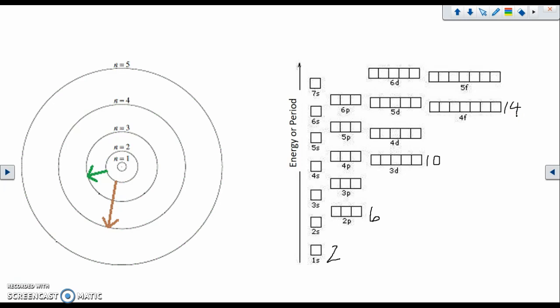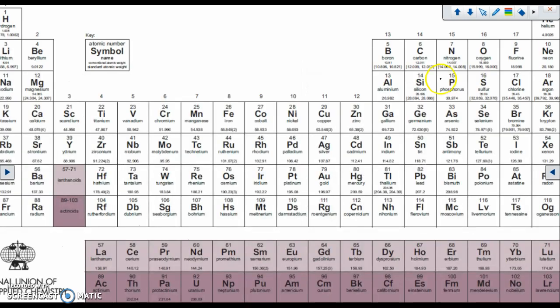Now, if you look at these boxes, this is 1 box, 2 electrons; 3 boxes, 6 electrons; D, 10 electrons; F, 14 electrons. If you compare that, folks, to the table of elements, hydrogen and the beryllium group has 2 boxes, I should say 2 boxes, but 2 electrons. So this is actually the S